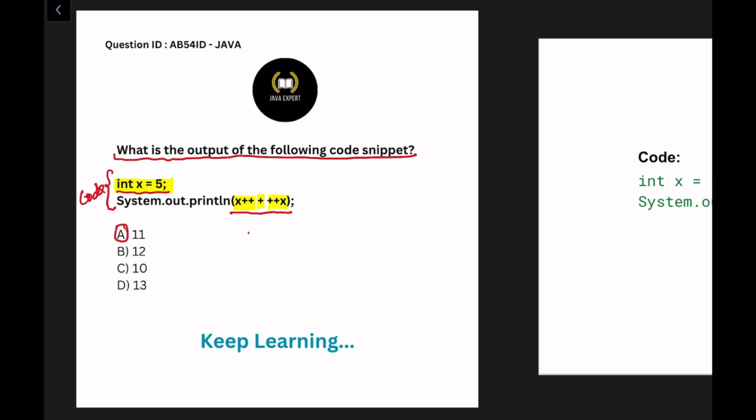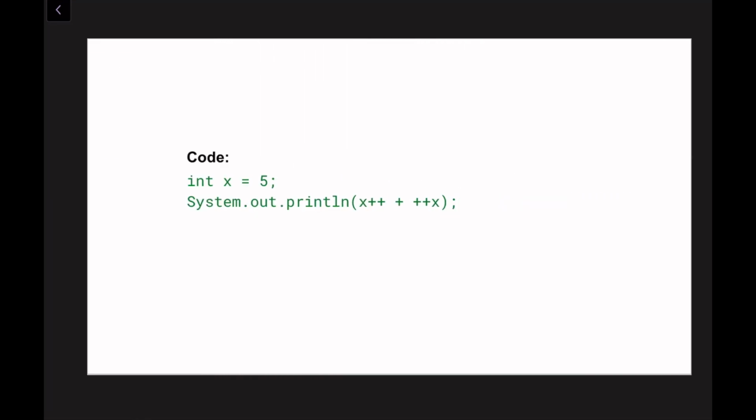Option A 11, option B 12, option C 10, option D 13. Okay, let's check all these options one by one and find out the correct one. But before that, just let me explain how this code will work. For that, let me show you the same code I have written here. Declaration is int x = 5. Then